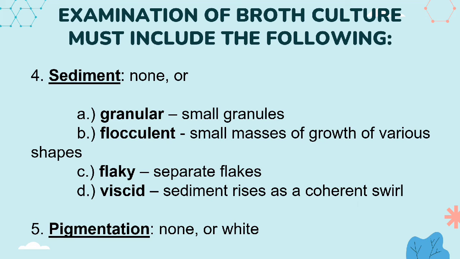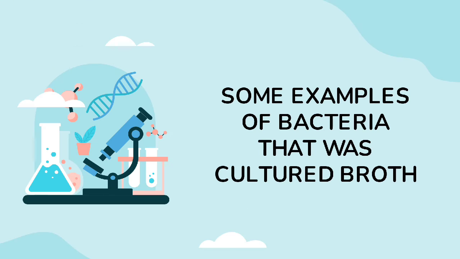Next is the sediment, wherein granular means it has small granules. It is called flocculent if it has small masses of growth of various shapes, flaky if it has separate flakes, and viscid if the sediment rises as a coherent swirl. Next is the pigmentation. It is none or white, but some bacteria cause pigmentation in the broth, such as black and red, rather than white, which is the most common. The following are some examples of bacteria that were